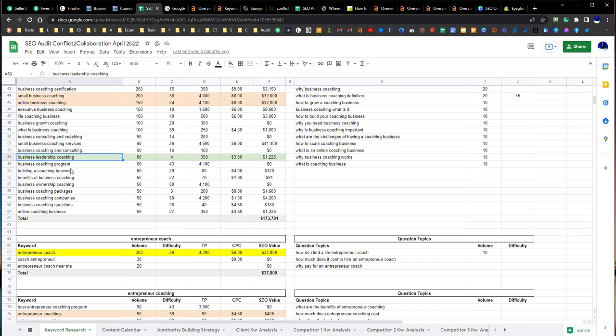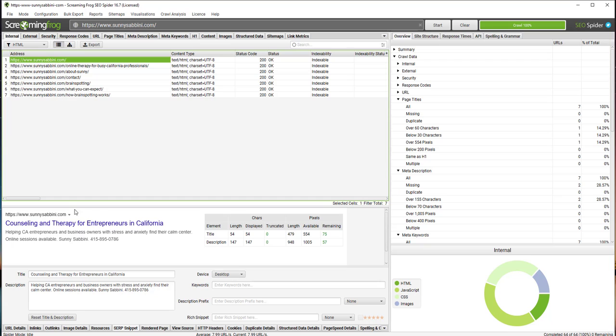I'll probably start with this one, business leadership coaching. This one has kind of a good mix of, 80 people a month searching for it. There's demand, and it's very, very easy. It's about a 4. So what you'd want to do with your website, you have over here counseling and therapy